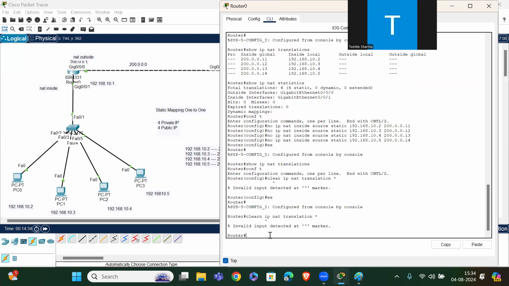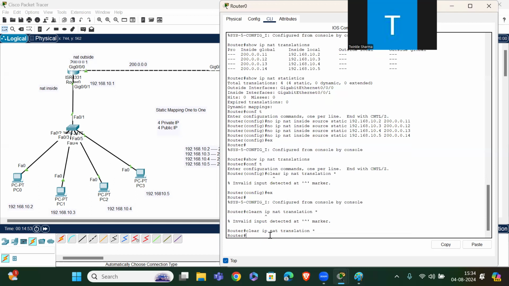It will clear all the things, forcefully. Clear IP NAT translation star. Done. Okay. So now let us do the dynamic routing.